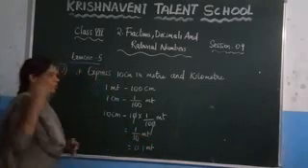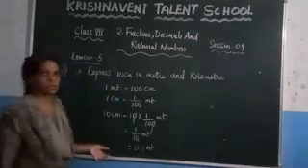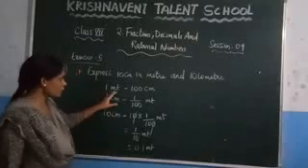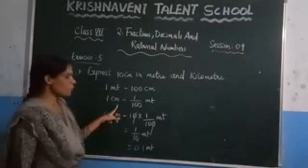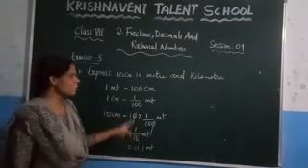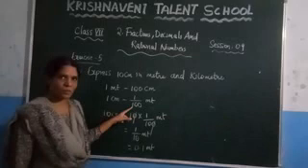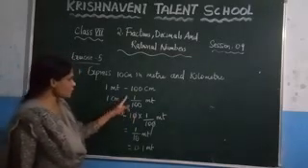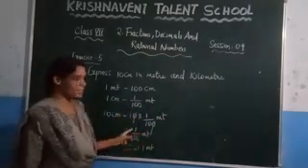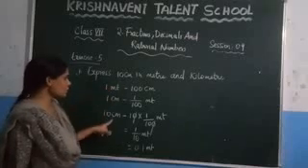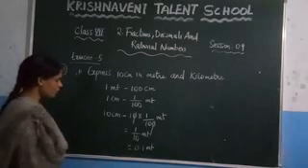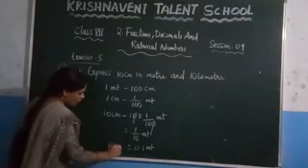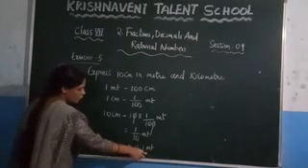So you just need to write the relation between these two, and after that you need to convert it. You know that 1 meter is equal to 100 centimeters. Then what is the value of 1 centimeter in terms of the meter? Just write the reciprocal, which is 1 by 100. 1 centimeter is equal to 1 by 100 meters. Then what is the value of 10 centimeters? Just multiply with 10, so that you get 0.1 meters. So we have expressed 10 centimeters in the form of meters.